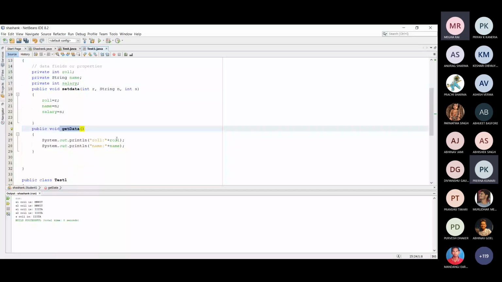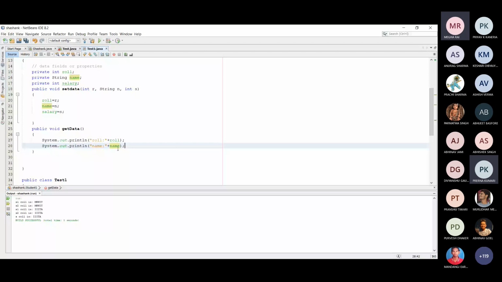In order to access the salary, you need to access it within this public method. Otherwise you can create another method to print the salary separately. But here this getData method is able to access the roll number as well as name.